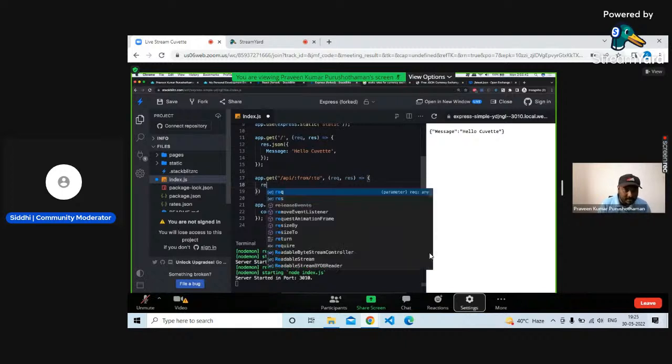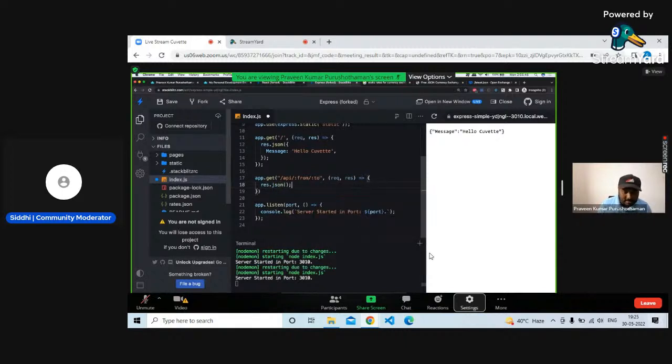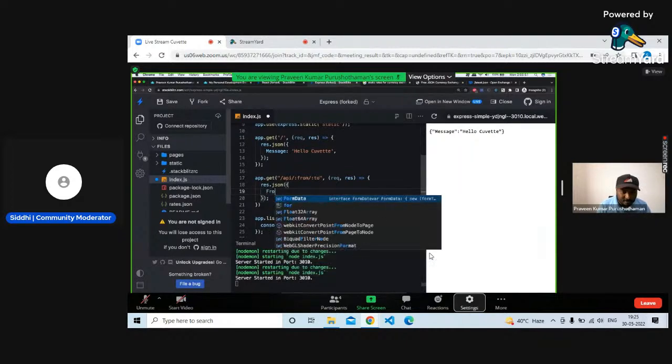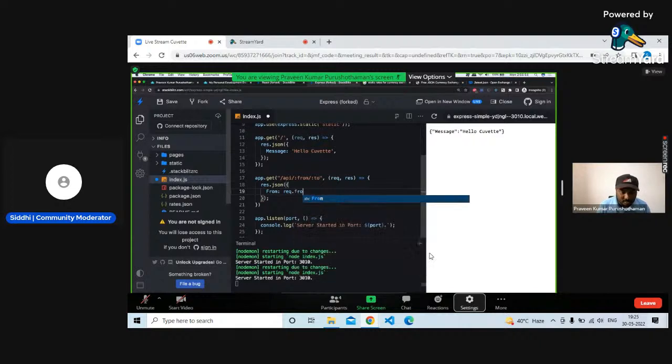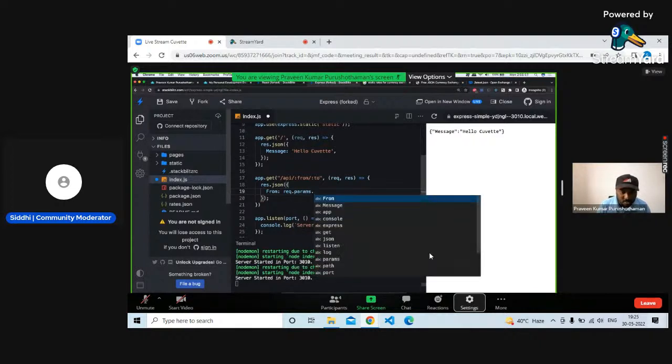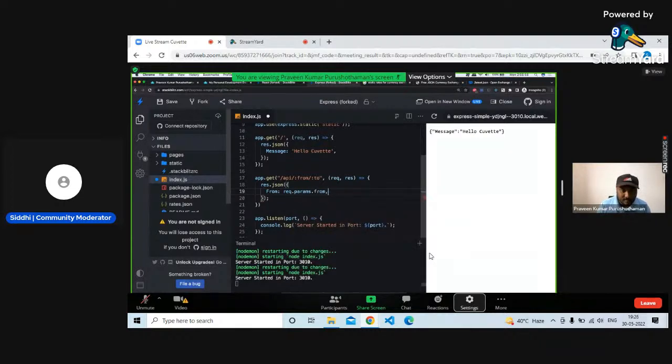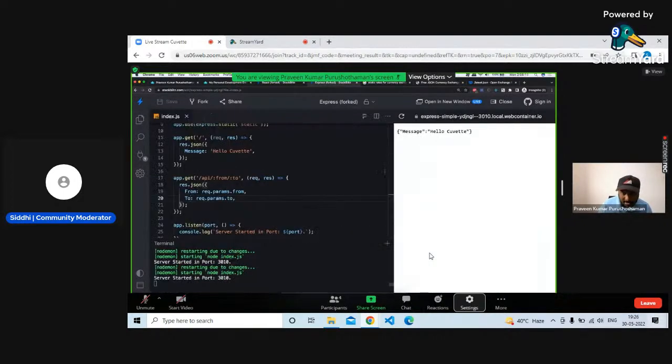So if I put res.json and then add from, req.params.from, then there is to, req.params.to. So if I do this way and then send it over to the client,